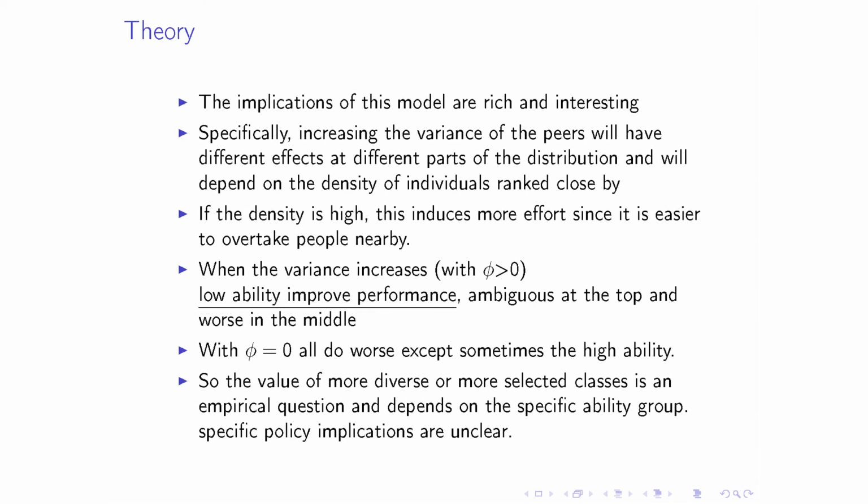Now, the implications of the model are rich and interesting, and we have heard of them. The important thing is that if the density is high around you, this induces more effort, since it's easier to overtake people. So basically, the variance matters in the sense that a little bit of variance means that if we start competing, there's some hope of overtaking other people, so there's an incentive induced, right? That's the key idea. But of course, if I'm going to have to overtake some kind of genius in the classroom, I just won't bother. So that's the mechanism being analyzed. Okay, so now,